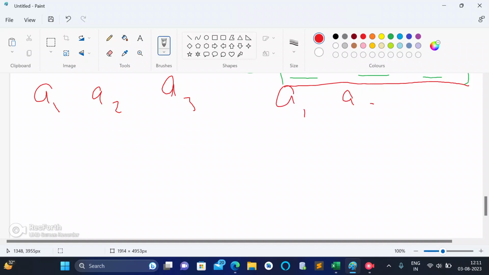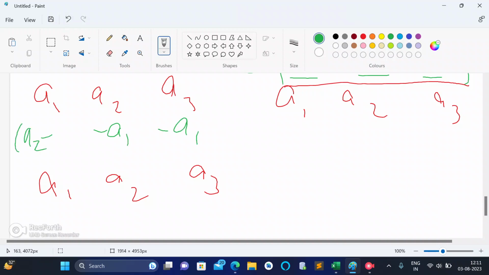First is a1, a2, a3. I again write a1, a2, a3. And again I am writing a1, a2, a3. See carefully how I am filling. First I will put minus of a1, a2 plus a3.